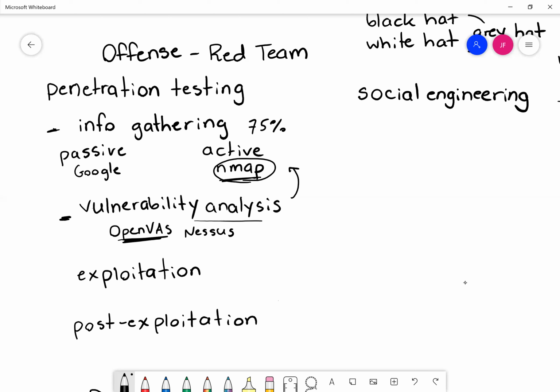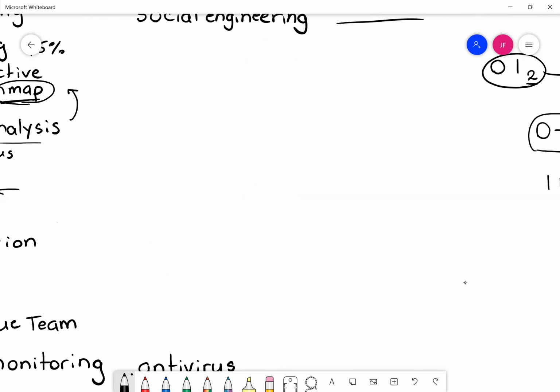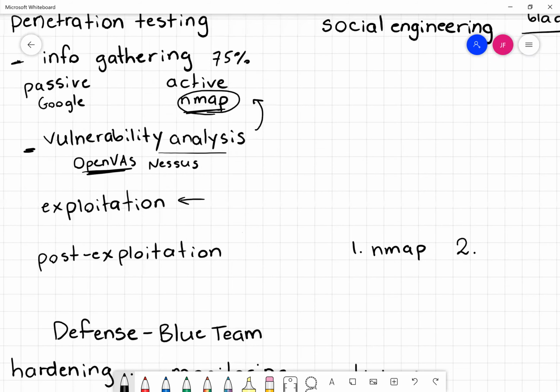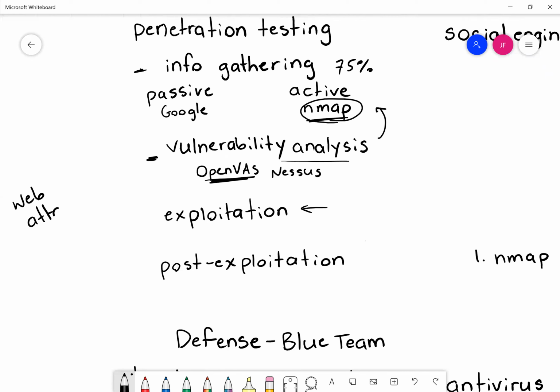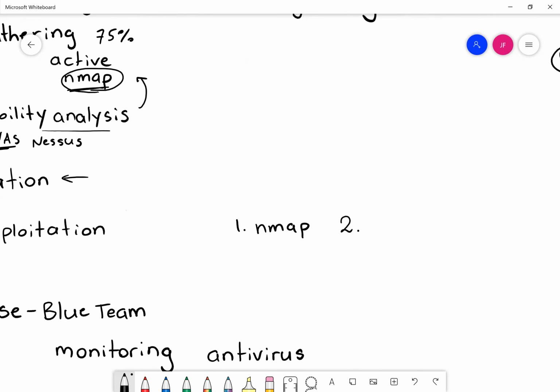All right, once you decide your way in, the next step is to get in. That's exploitation. And maybe I'll do a little aside here just to talk about what this looks like. So as an attacker, here's what I'm usually gonna do. I'm gonna do an Nmap scan to see what sorts of services are running on the computer that I'm trying to attack. Then, there are some special cases that I'll talk about, like web attacks. That's kind of its own thing. So if it's hosting a website, I might look into web attacks, but otherwise I will look up